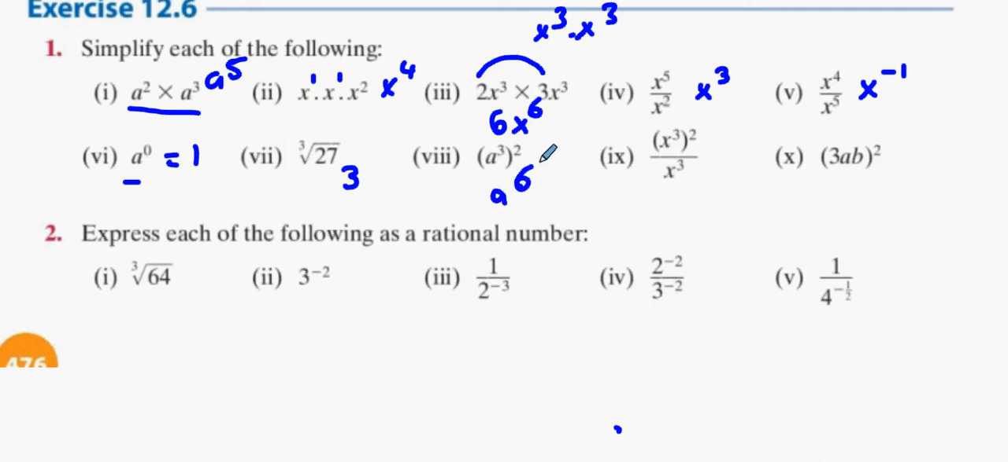A6. X3 to the power of 2? X6 divided by X3? X3. And finally, 3AB multiplied by another 3AB? 9A squared. Alright. The next thing we didn't go over, which is